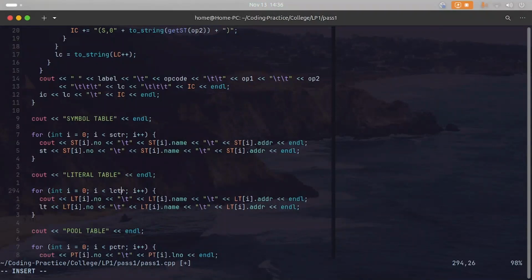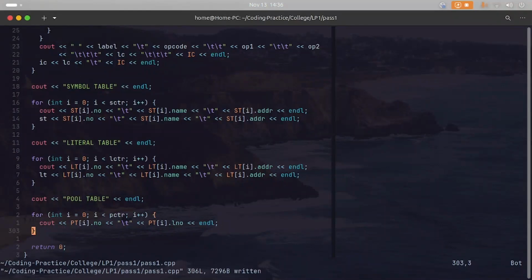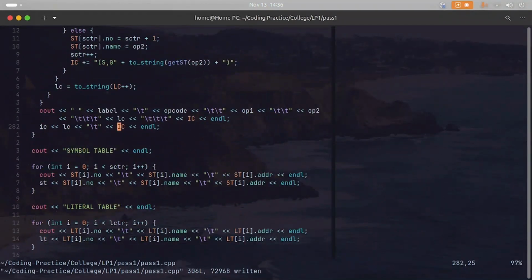Actually, I had recorded this while typing it, but for some reason that footage got corrupt or something. My apologies for that, but this was a very minor part that was left, so I thought I could re-record this part. Anyways, this is the pool table, this symbol table and literal table. I just added 2 cout statements, and after this what I will do